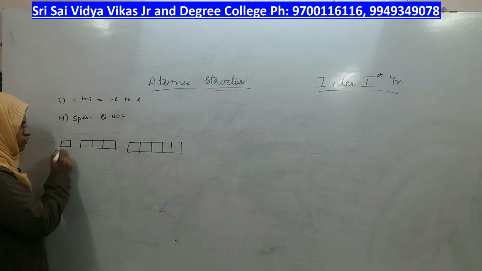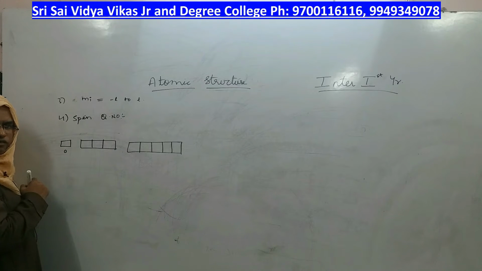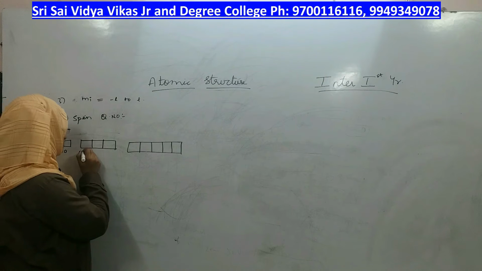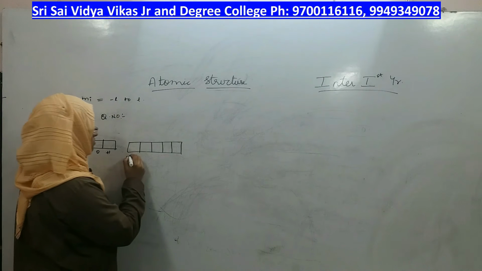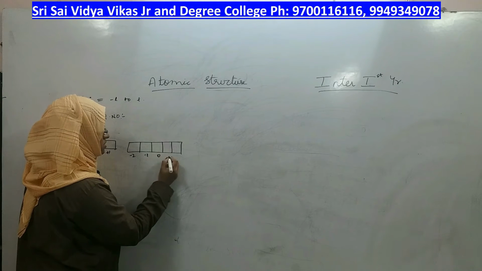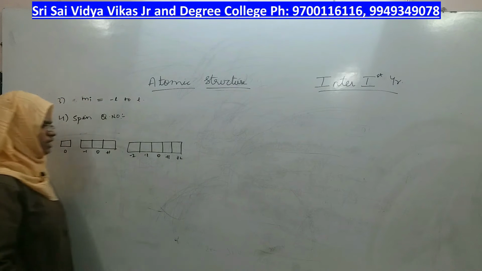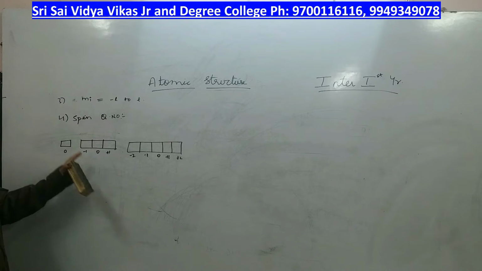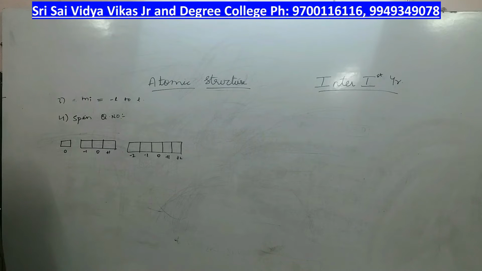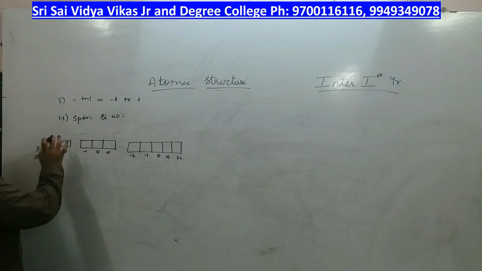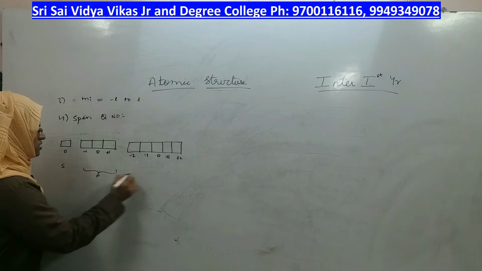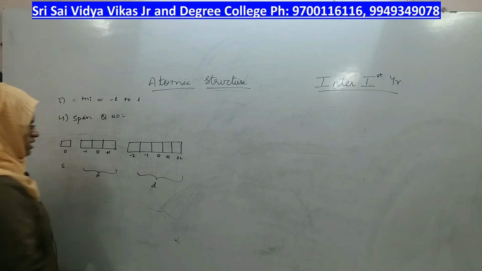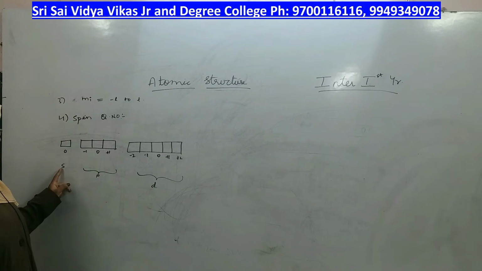What was the l value for S? 0. What was the l value for P? Minus 1, 0, plus 1. For D, minus 2, minus 1, 0, plus 1, plus 2, right? So these were all the l values and magnetic quantum number values for subshells, and inside the subshells, orbitals. This is S subshell, this is P subshell, and this is D subshell, right? So inside the S subshell only one orbital is there, inside the P subshell 3 orbitals.